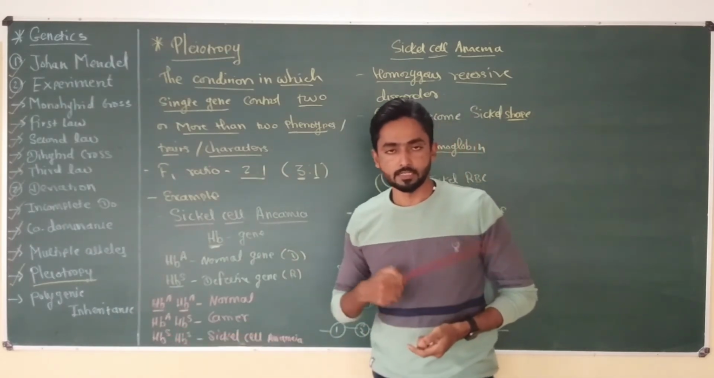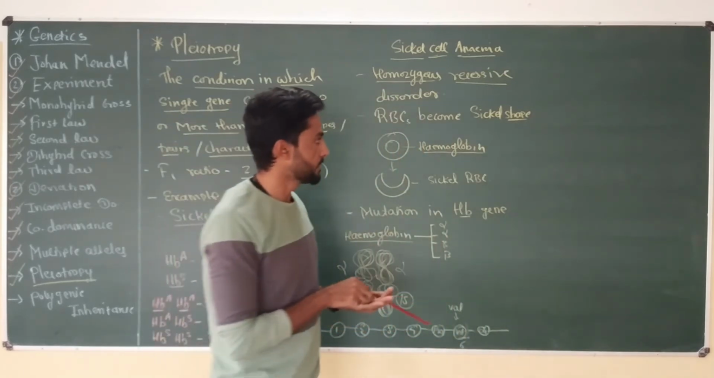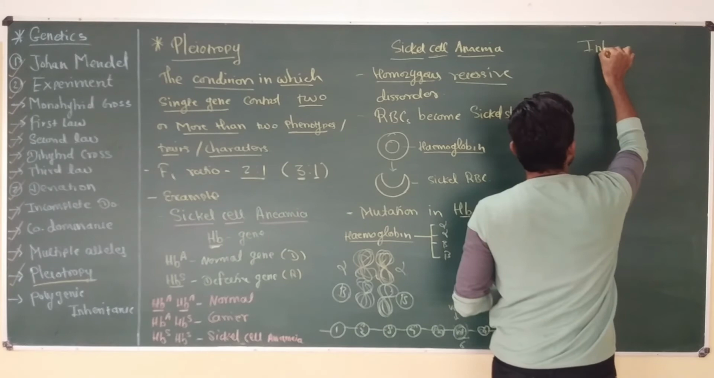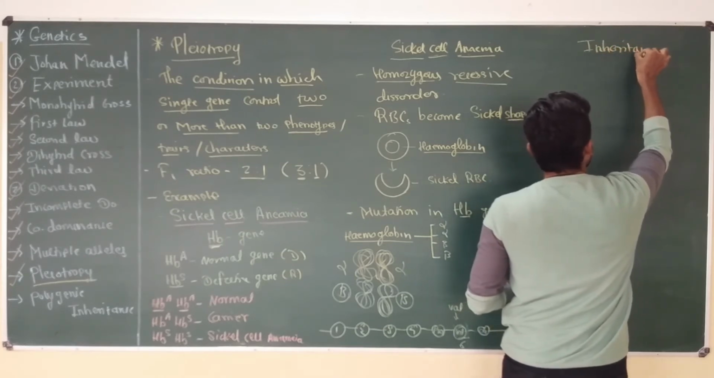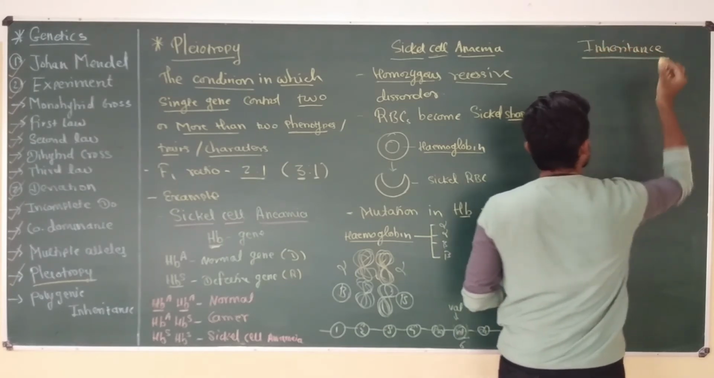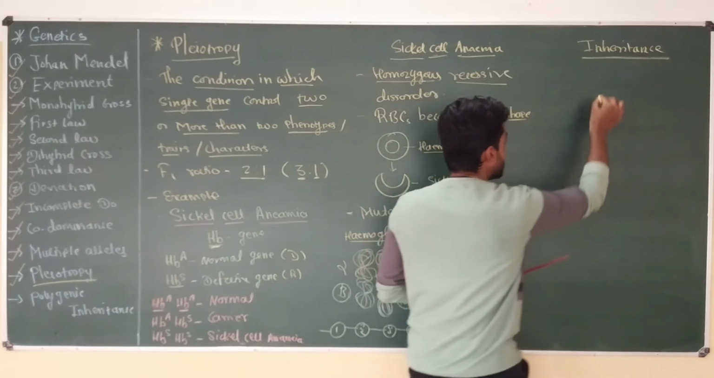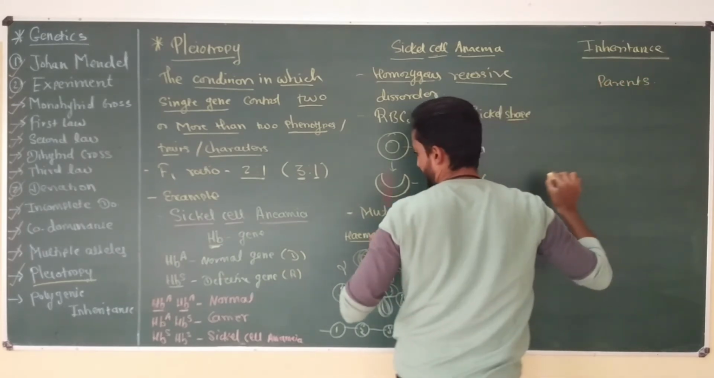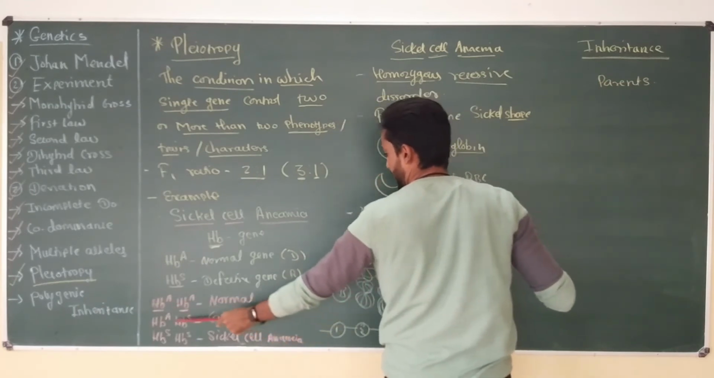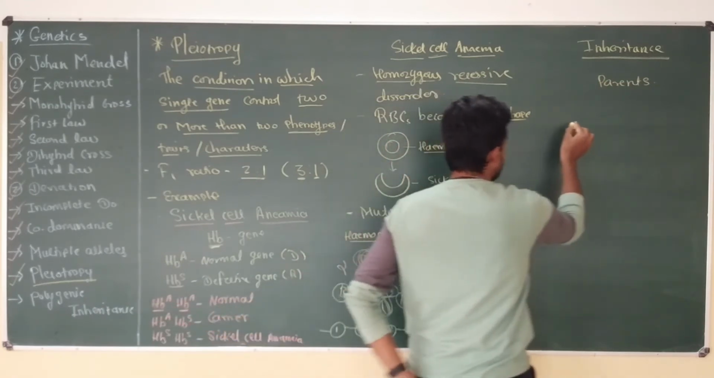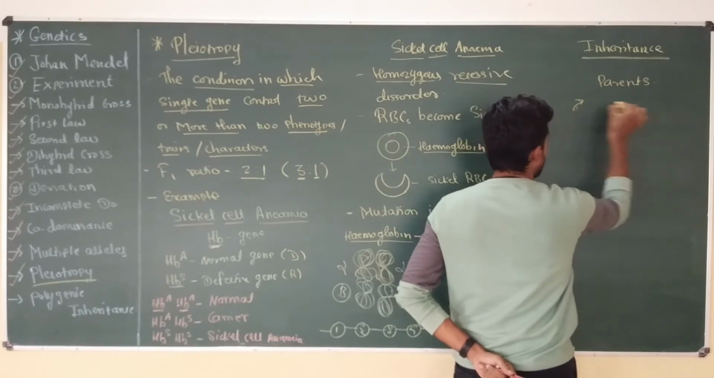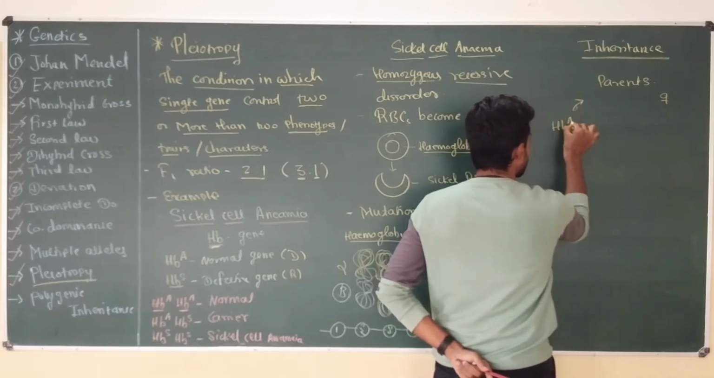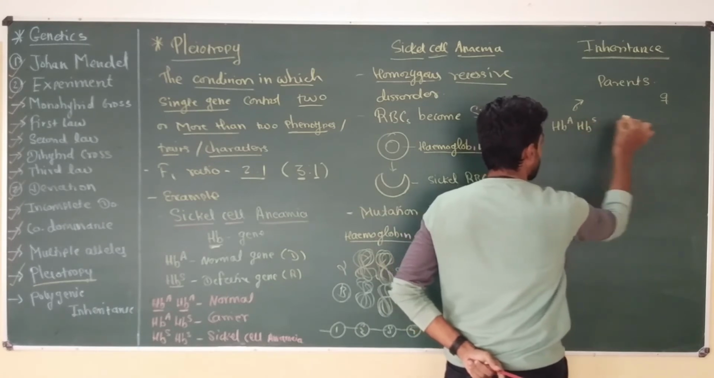Okay, now in the last part of the video, we are going to see the inheritance pattern of sickle cell anemia. Okay, if both the parents are carrier type, and we know that carrier parents have HBA, HBS type of genotype. So suppose male and female parents are carrier type with HBA, HBS type of genotype,